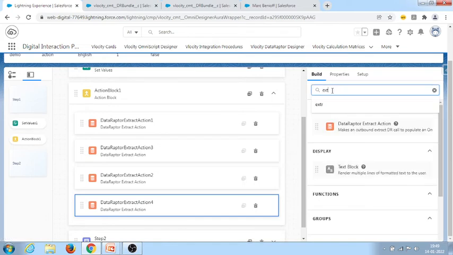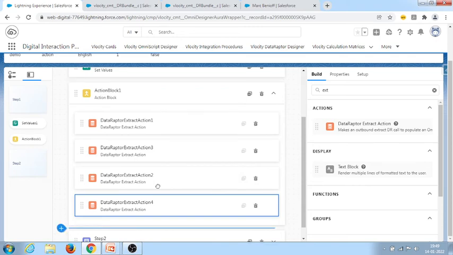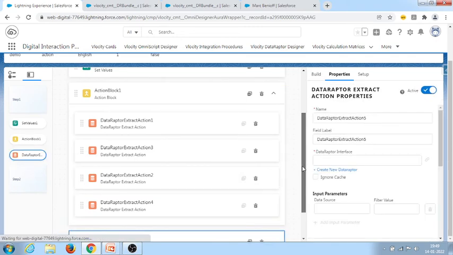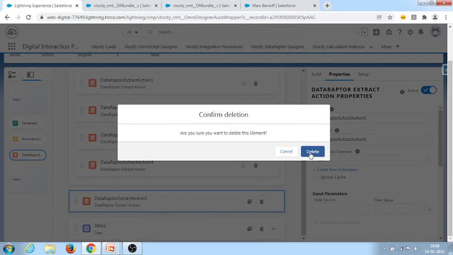If we want to place something extra, it won't allow. It shows the suggestion outside the action block, but not inside. If I leave it, it will go outside the action block. Only 4 is the limitation here.